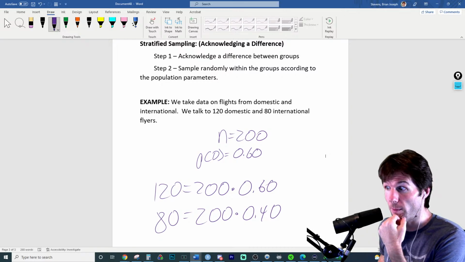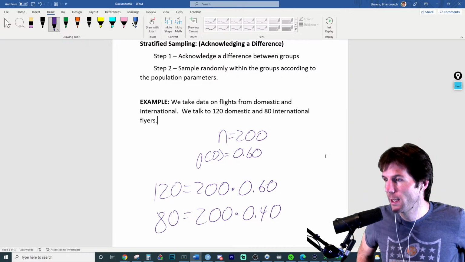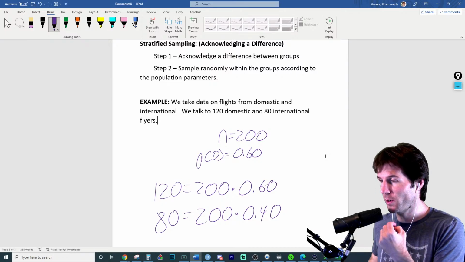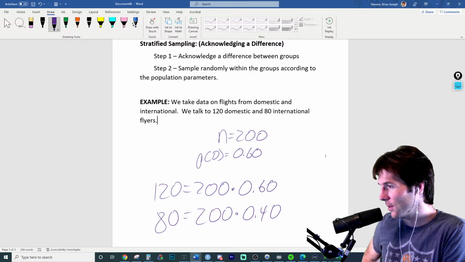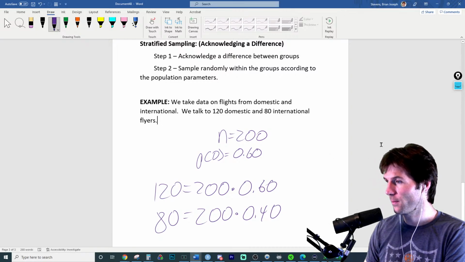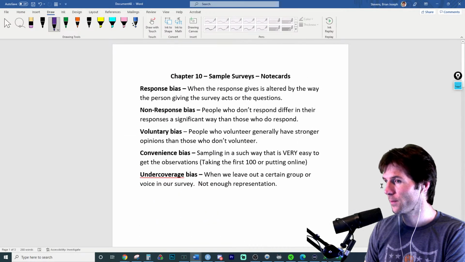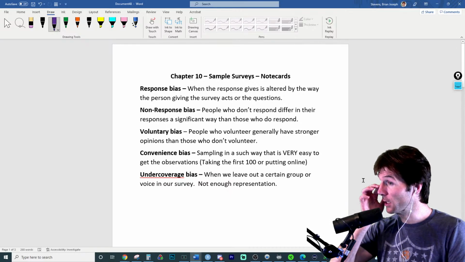It's going to make sure we have enough of them. So it's going to make sure we don't miss them by stratifying. Well, no, it's not cluster. Remember, this is stratifying. We're not going to take a whole bunch at once right here. We're going to acknowledge a difference. It's going to make sure we don't miss a certain group by stratifying and saying we need this many